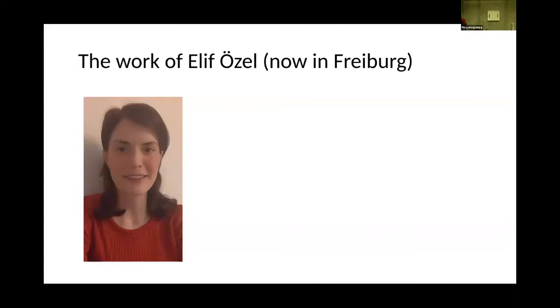Elif Özel works as a teacher, and we talked about Eningen. So Lara talked about things going on in Eningen, so her intervention, her study. There is also another study based also on the Mastermind game, and this was done by Elif Özel, who is now in Freiburg. So you see this overlaps and flows between Freiburg and Ludwigsburg, which I find very happy, very lucky. So she's now in Freiburg and doing her PhD with Timo Leuders and Katharina Leuvel, which is a wonderful thing.